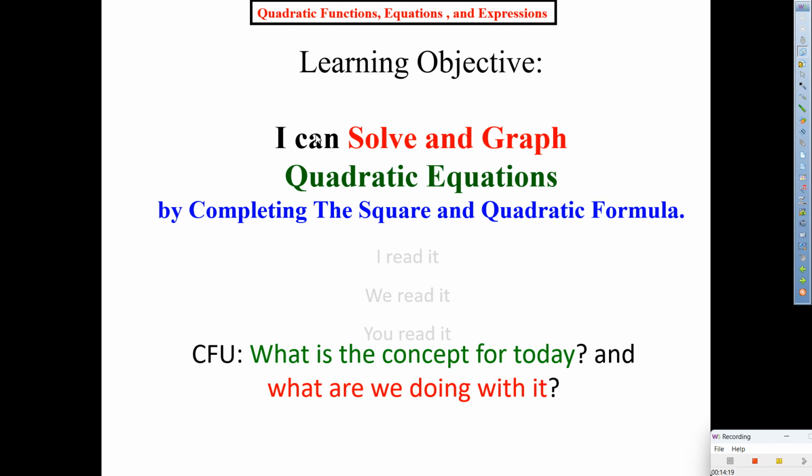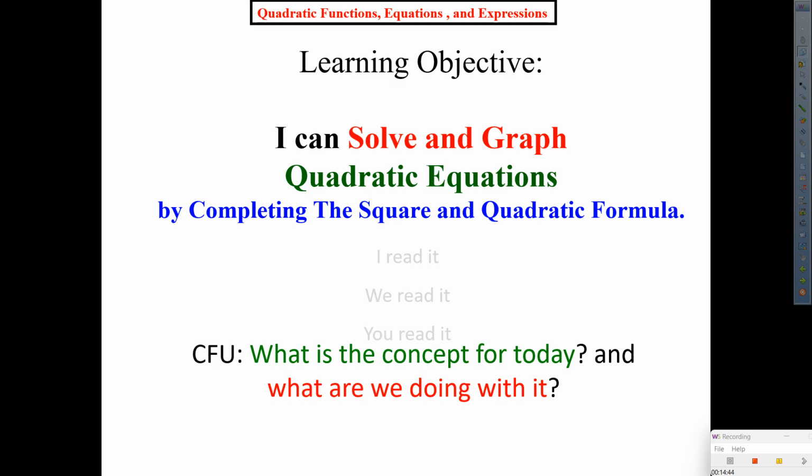All right, so here we go. I can solve and graph quadratic equations. So remind your neighbor the definition for quadratic equations without looking at your notes. Let's see if you remember. What are quadratic equations? Remind your neighbor. Quadratic equations are